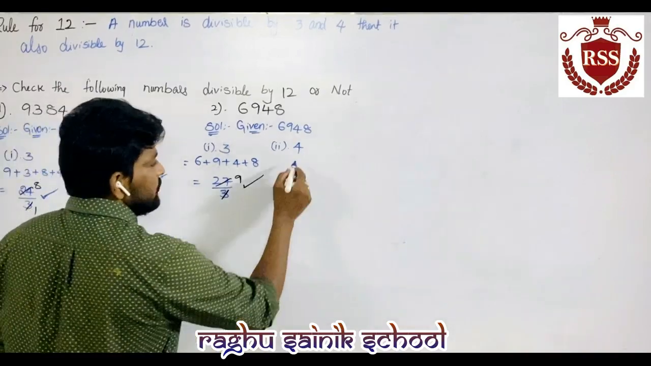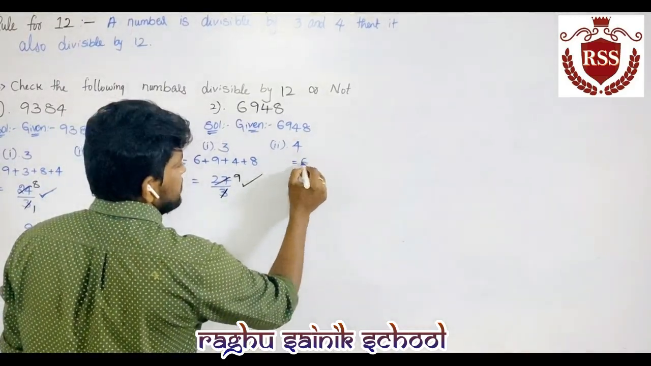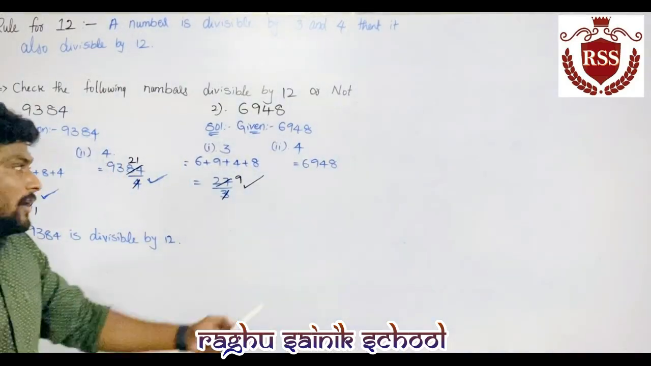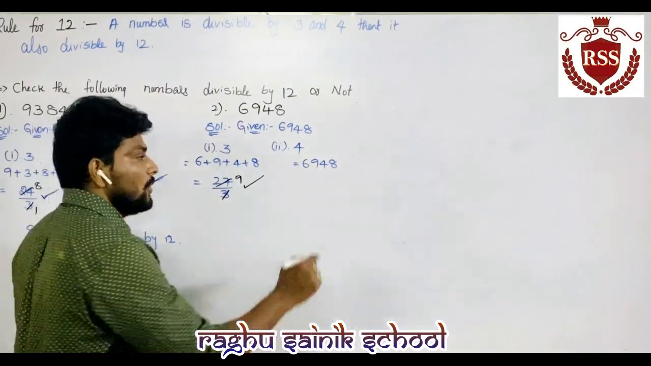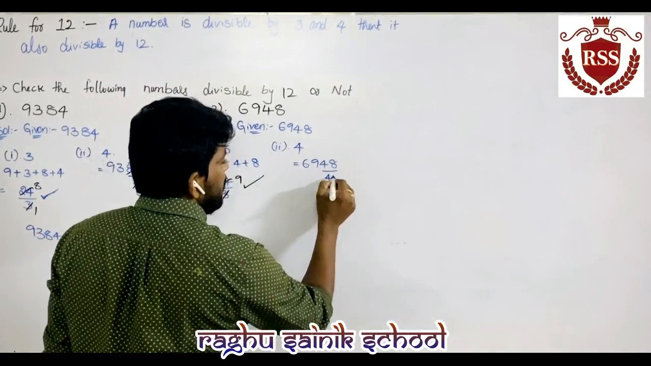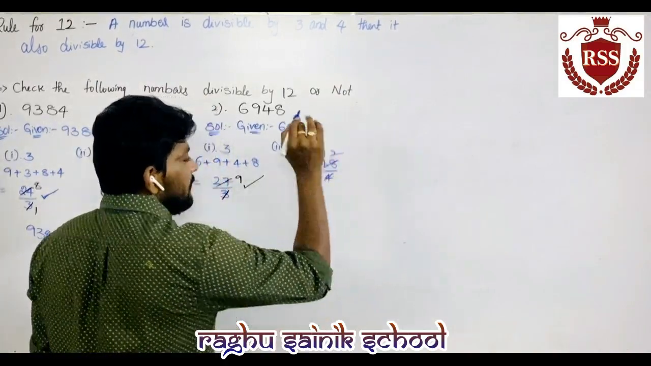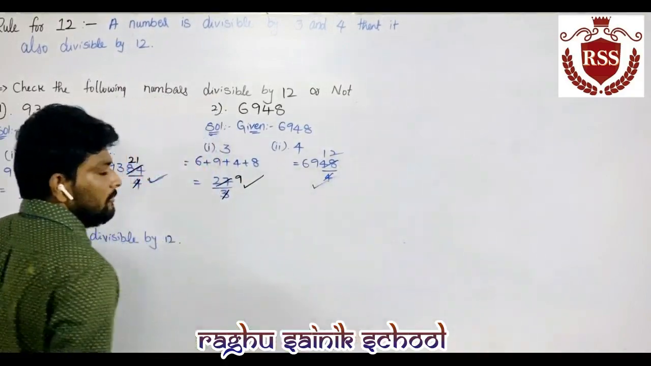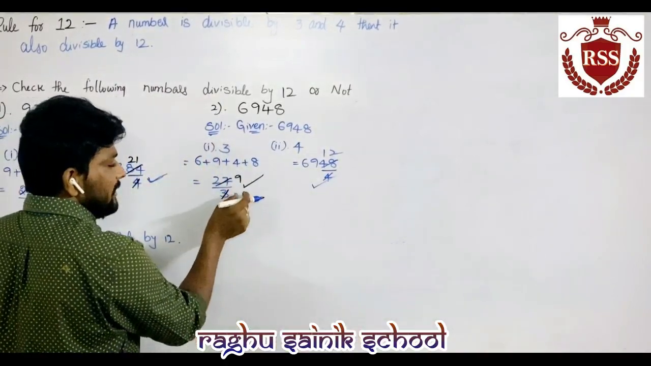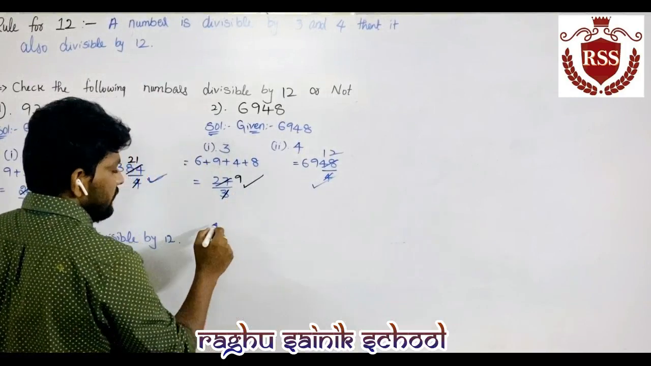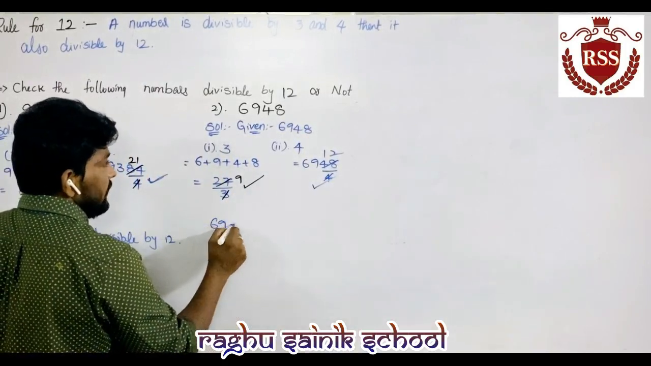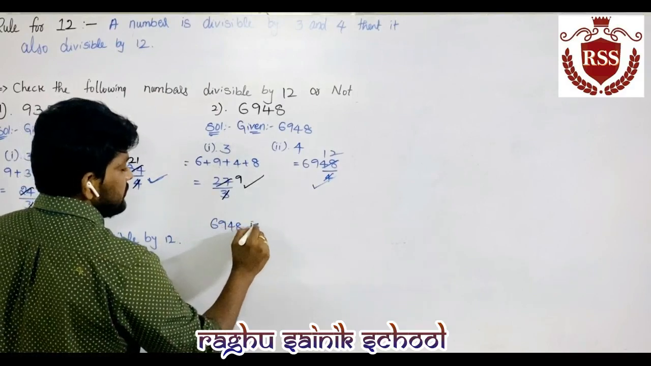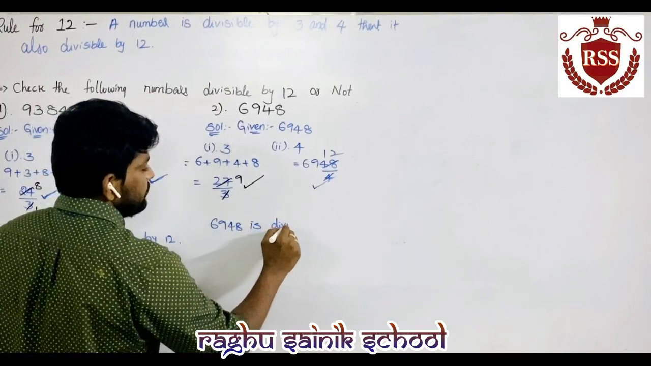Next one is the divisibility rule of 4. What is the given number here? 6, 9, 4, 8. What are the last two digits? 4 and 8. These 4 and 8 are completely divisible by 4. So it is also divisible by 4. So it is divisible by 3 as well as 4. So the given number 6, 9, 4, 8 is divisible by